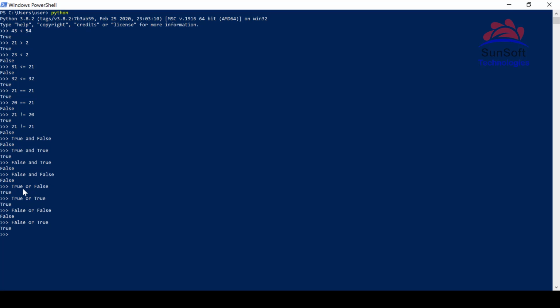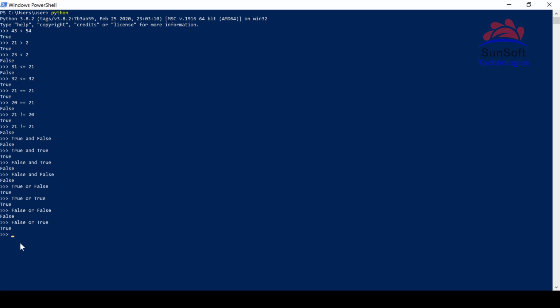So see, in this case it always returns true unless both of them are false. So we have these two operators, the AND operator and the OR operator, working on boolean values only. Okay, and these are comparison operators which return boolean values only. So you can use these in expressions when you are using an AND or an OR operator.